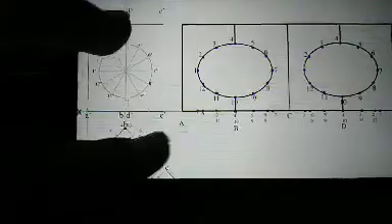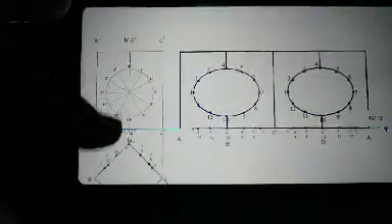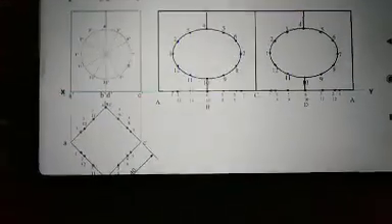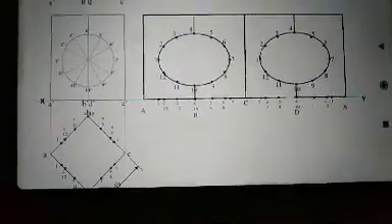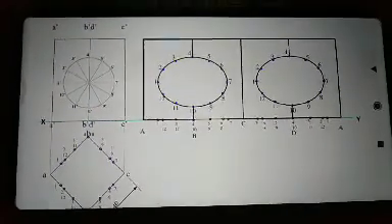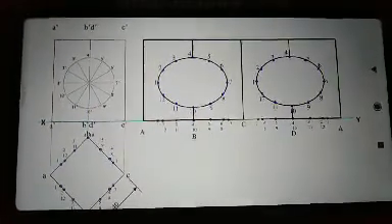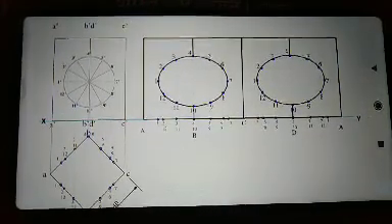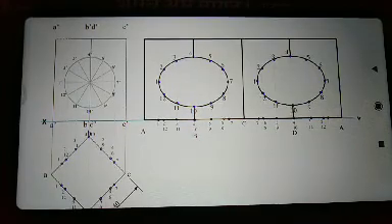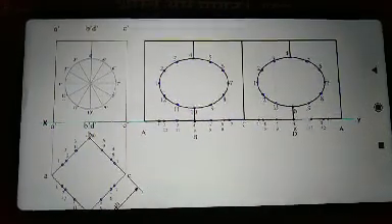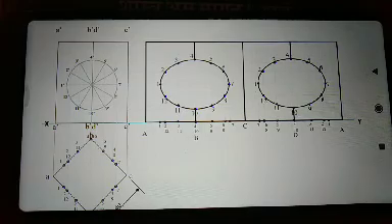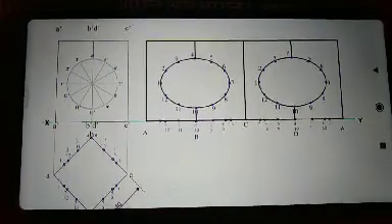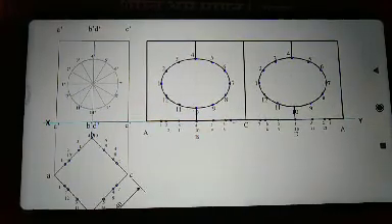This is how the projection or the development of that square prism is carried out, and it is as simple as that. After completing, I am requesting the students to practice this problem, a similar problem, by taking your own measurements and solve this problem on the drawing paper and show me that solved problem as early as you can, today itself. Okay, so this is the development of surface.